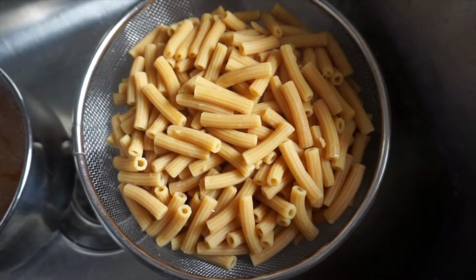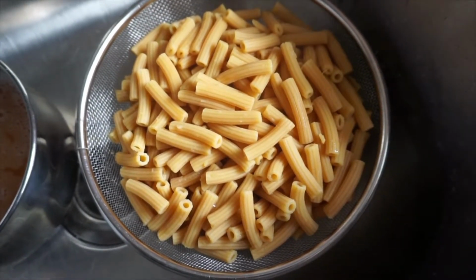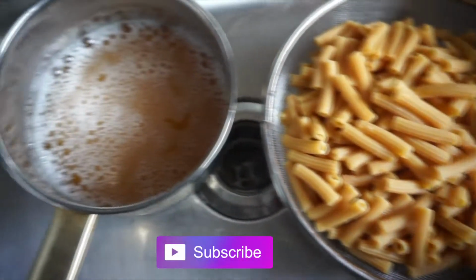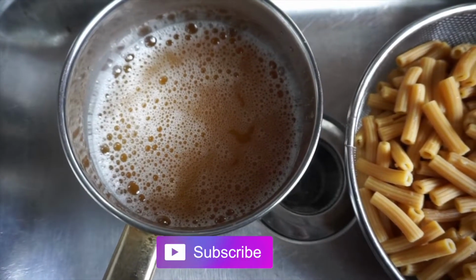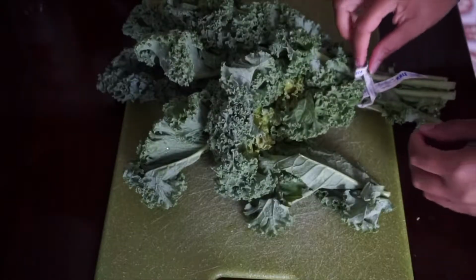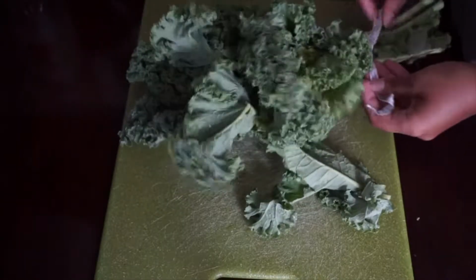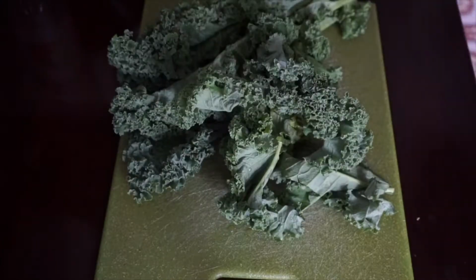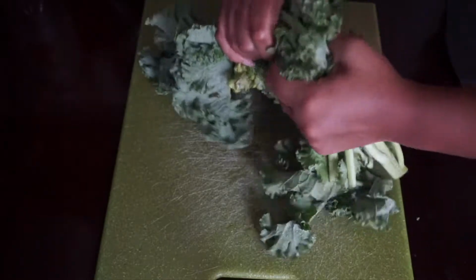Then you want to make sure you take some of the excess liquid from the water boiling and you're going to use that for your kale. So before you toss your kale into the pot, you're just going to take off any of the strings, the tapes, or whatever your kale came with. Break it in half, rinse it, and chop it up as much as you like before you enter it into